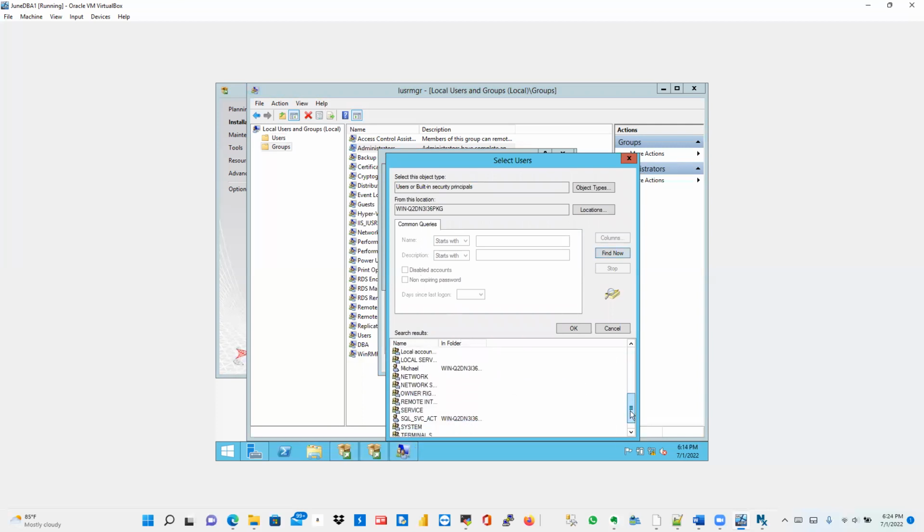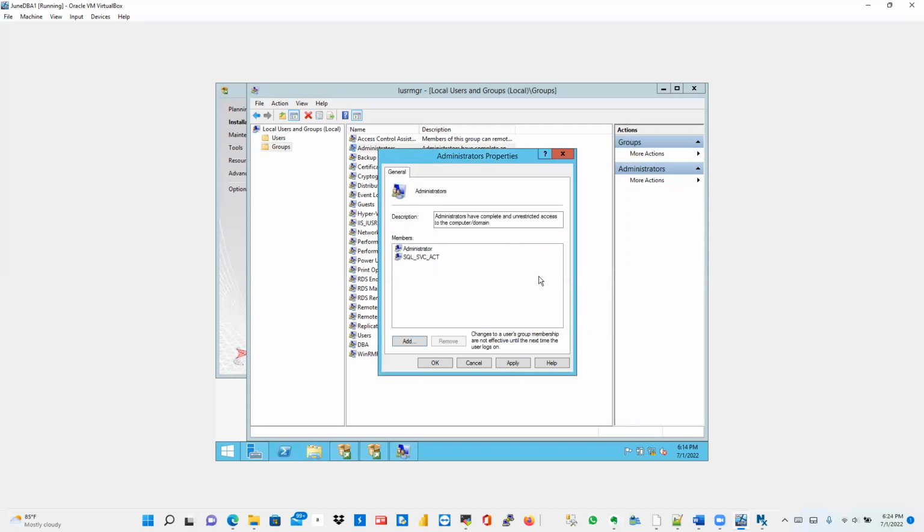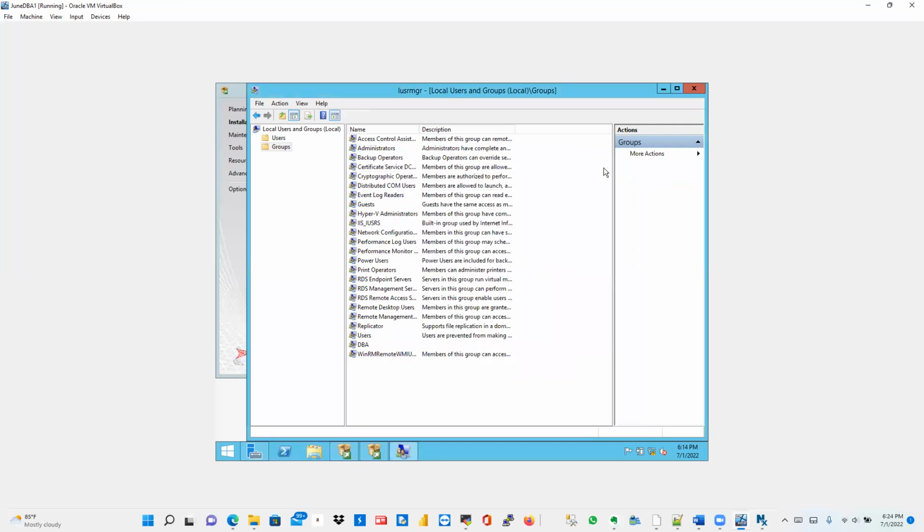You can find SVC SQL server. This one. Add this. We're adding this SQL service account to the administrator group. Okay. Apply. Okay. So now we are going to be using this SVC account to create our SQL server because it has the administrator's